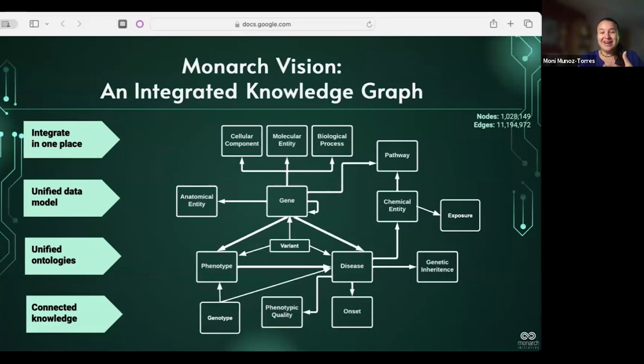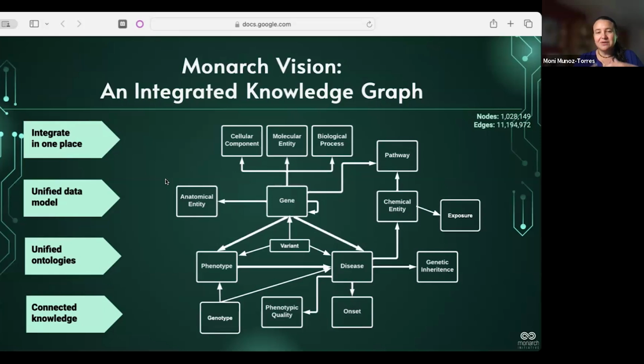And so where we are then is this is what the knowledge graph looks like at its core. If it was stripped of all of the data, this is what that schema looks like. And so we have, at the core, this triple of gene and phenotype and disease. And then we have all of the additional information that allows us to integrate all of the knowledge that we know from all of the sources that the Monarch Knowledge Graph integrates. Having a unified data model for it, it also integrates information from